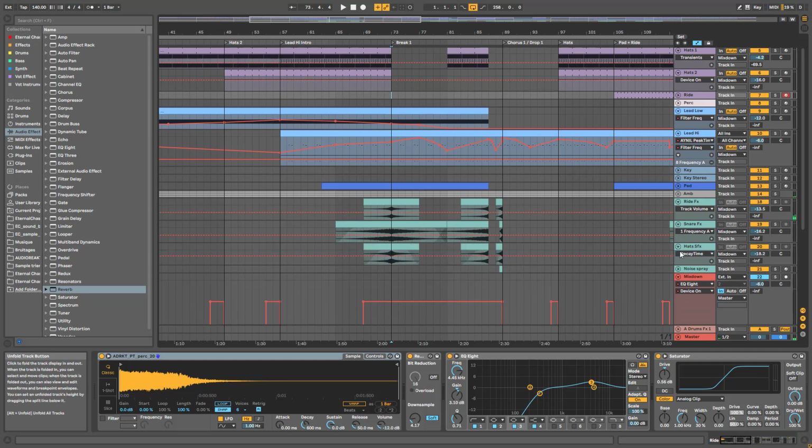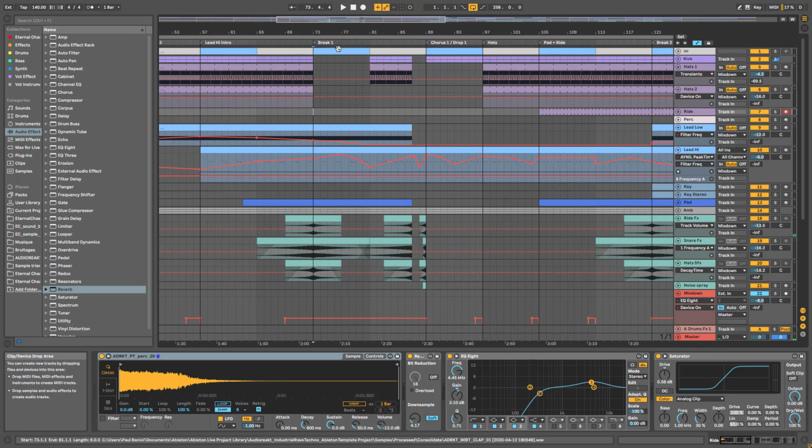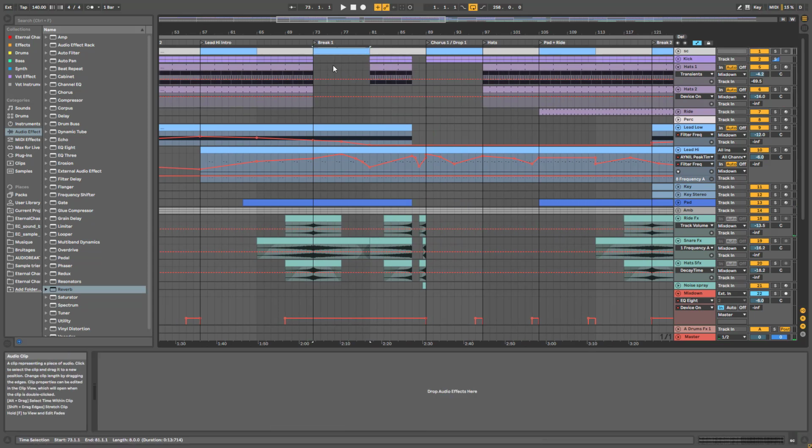And then we enter the first break, which is split into two parts. Let's say it's this blue part and this white part. Here is more the synth playing. I'm still getting rid of the lead low and introducing the lead high with the notes coming. So here is more the steady part, and after that I have this white part